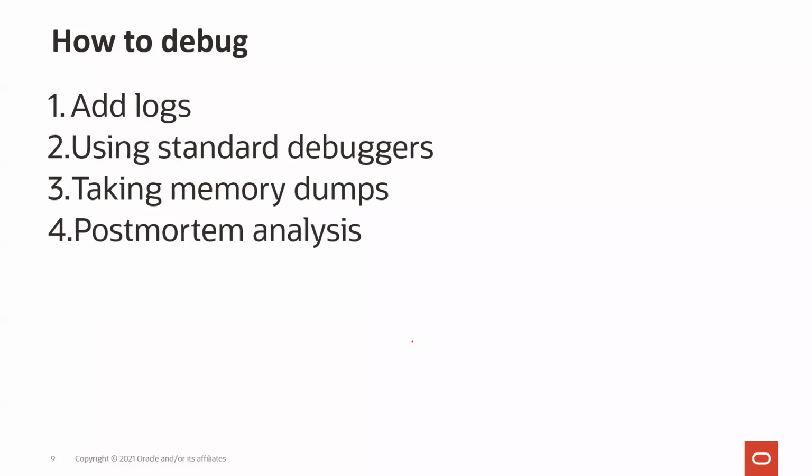Why do we need postmortem analysis? There are two scenarios here. One is that you have encountered some issue which is not reproducible always, for example, it happens very, very rarely. Out of 1,000 times, it happens only one time. In certain scenarios, what you can do is take a core dump when that crash happens. For example, you are using some native code and the native code is getting into a crash. So you can collect that crash or generate a crash when a certain scenario happens, and take that crash and analyze.